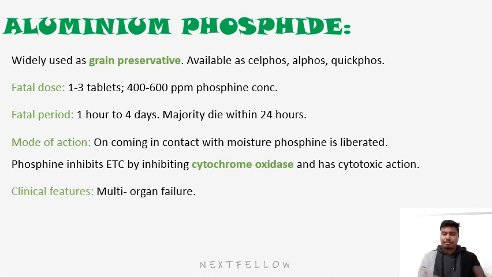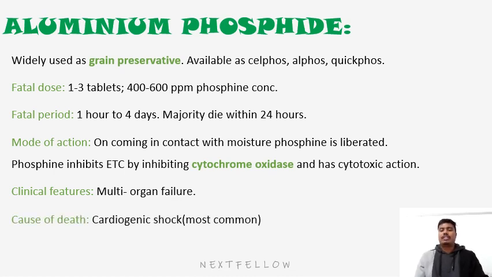That means it has effects on various organs. In the CNS it causes hypotension, shock. In the respiratory system it causes dyspnea, cyanosis, and in the GIT it causes nausea, vomiting, diarrhea, etc. In the hepatic and renal systems, failure occurs; all systems are involved. So it is a very cytotoxic poison and it causes death, most commonly by cardiogenic shock. It also has a garlicky odor. Can you remember which other poison has a garlic-like odor?